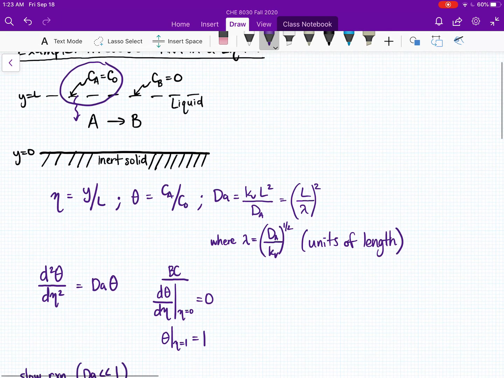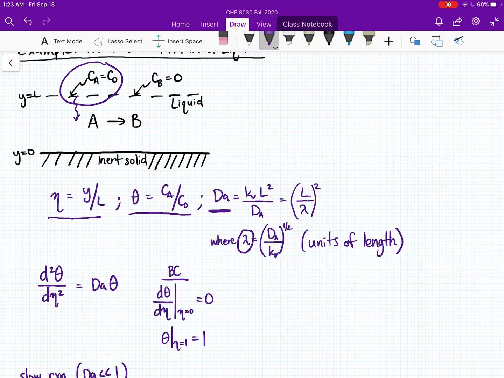So we wrote the original differential equation for that. Then we defined dimensionless variables, specifically eta and theta, for our length and concentration respectively. And then we also ended up defining a Damköhler number, and at some point we also defined this lambda term,